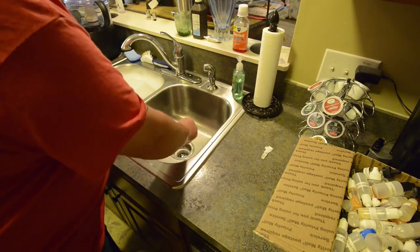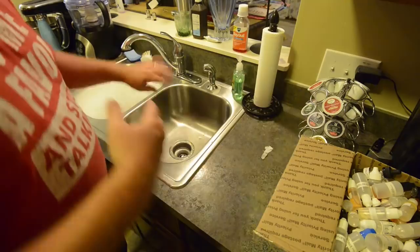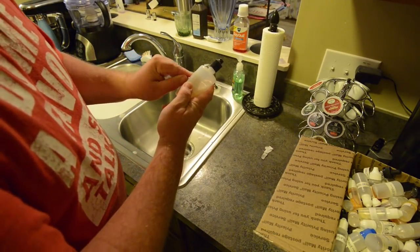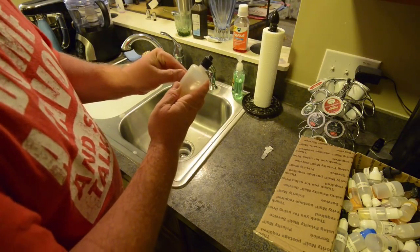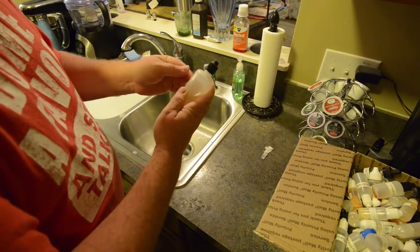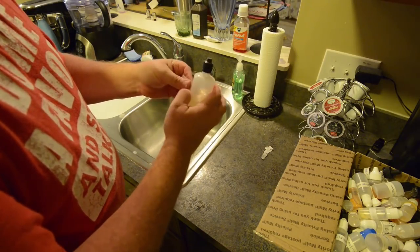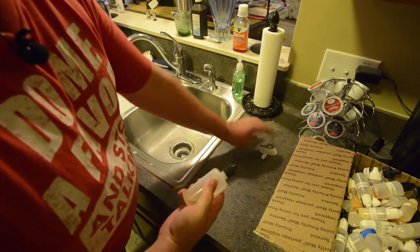You don't have to be real perfect with that because we will rinse them in a bit. Then we got some bigger ones with older labels on. Now, if you can't get your labels off, then don't worry too much, just leave them on there. That won't come off real easy. But if you get those ones that are a pain to get off, don't worry about it